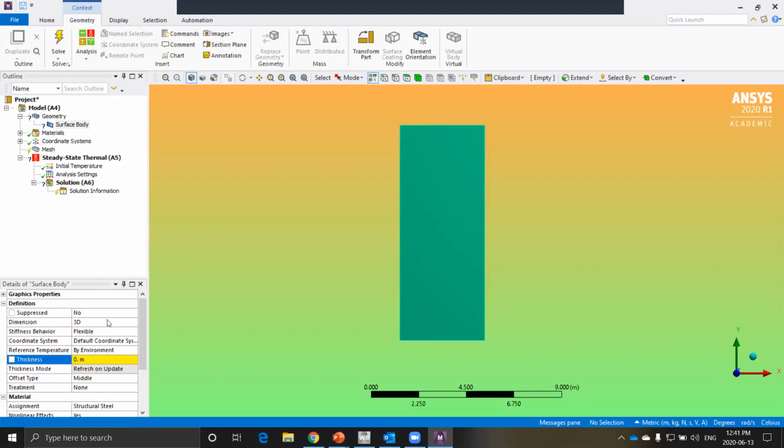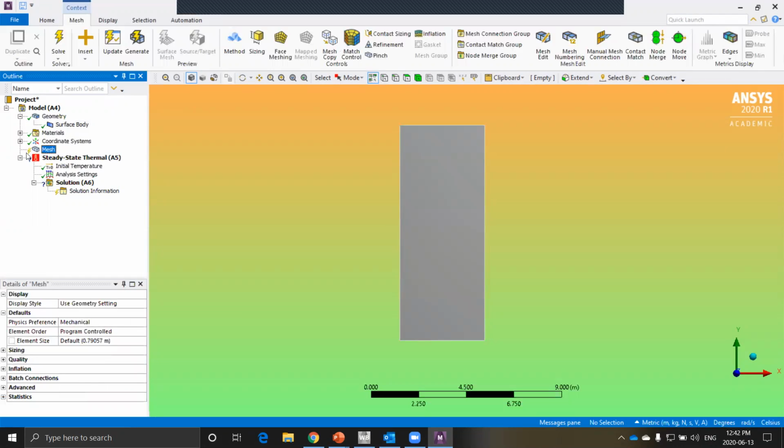The problem is we have to change the dimension from 3D to 2D. That basically solves the issue. See, the question mark is replaced by a green tick. What about this question mark for the Steady State Thermal under Solution? We haven't reached there. We didn't give any inputs as of now. Oh, okay. So it's still waiting for some inputs to be provided by the user. And if you can see a lightning sign in front of Mesh, that's basically it's not generated yet.